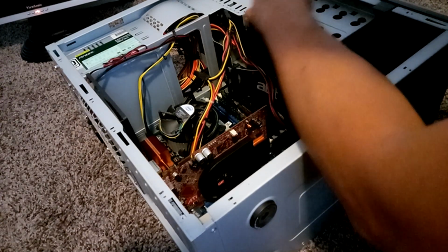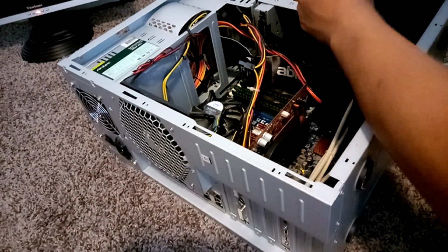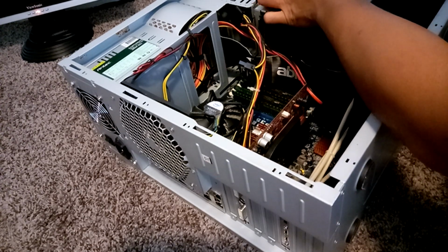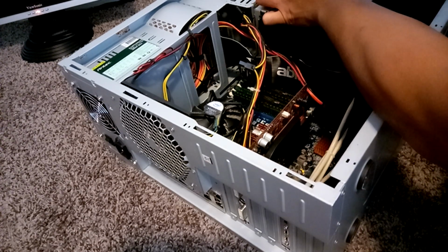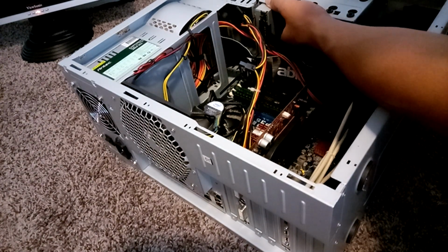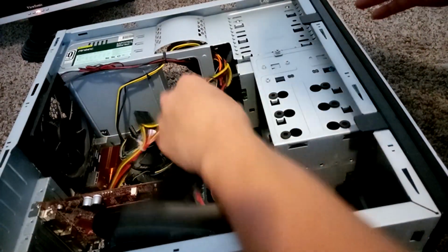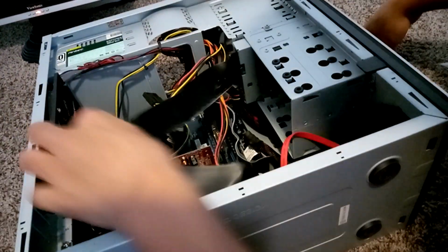Just make sure that when you do this, you check it afterwards that it's pretty secure, because this is a disk drive. It will cause vibration, and you don't want it to be vibrating and being loose, or else it's going to fall while you're using it. So I've securely screwed on my hard drive now,